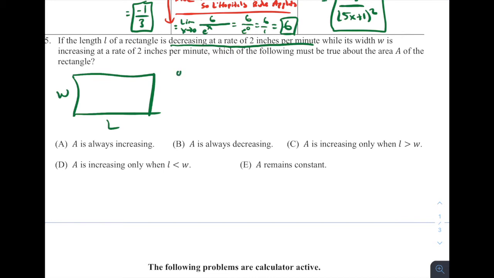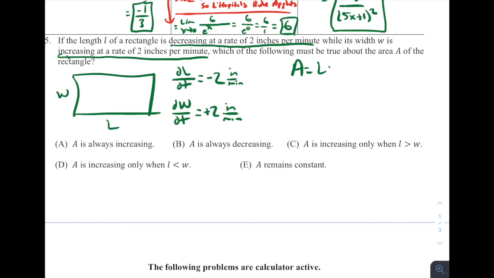So the length is changing. So dL/dt, it's decreasing, so it's a negative 2 inches per minute. And the width is increasing, so the change in the width over time is going to be increasing at a rate of 2 inches per minute. So positive 2 inches per minute. Which of the following must be true about the area? So the area of a rectangle we know is length times width. And we can take the derivative of this with respect to time